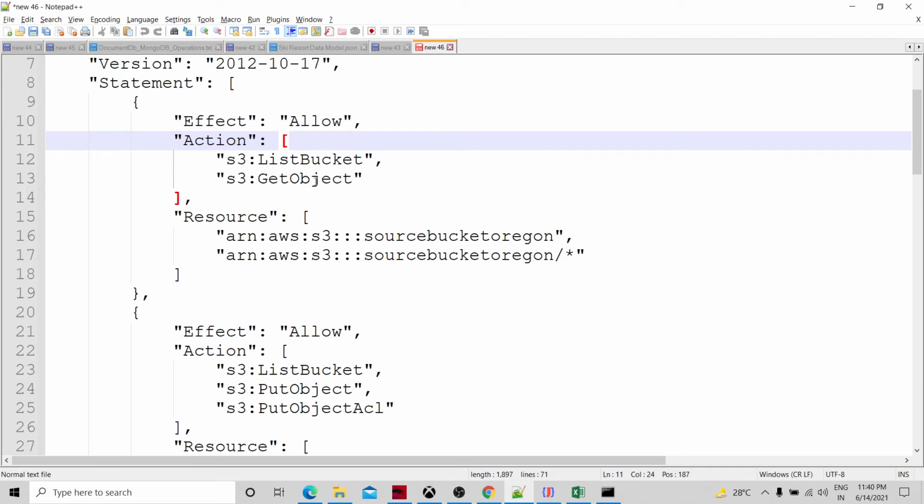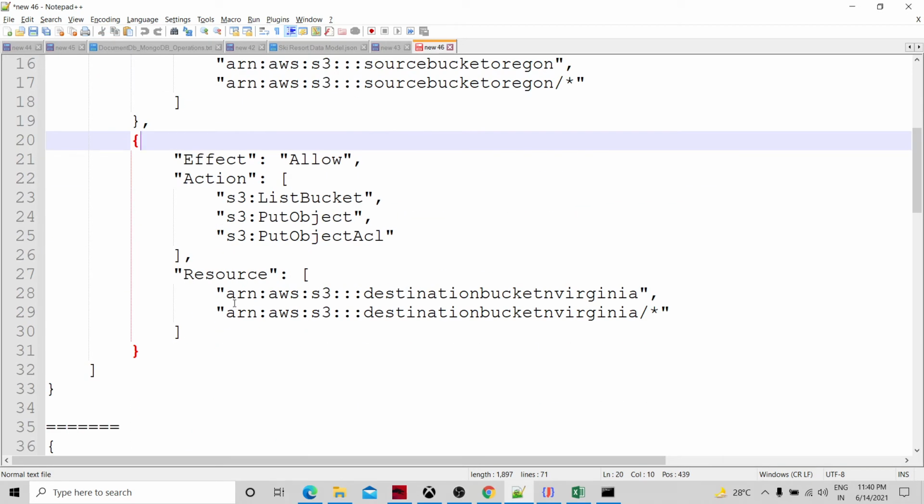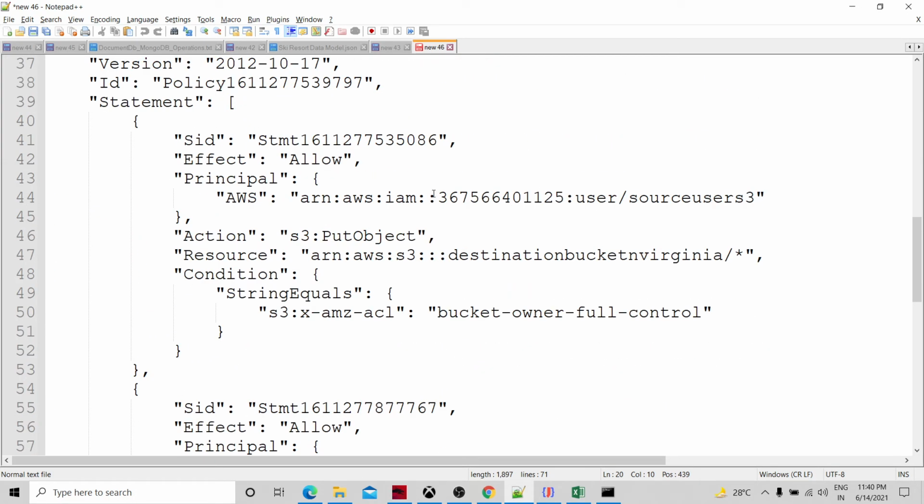I need to list and get objects. Which S3 bucket is it? The source bucket region. And for the target bucket, it is list bucket, put object, and put object account ACLs. These operations I need as the source user policy.